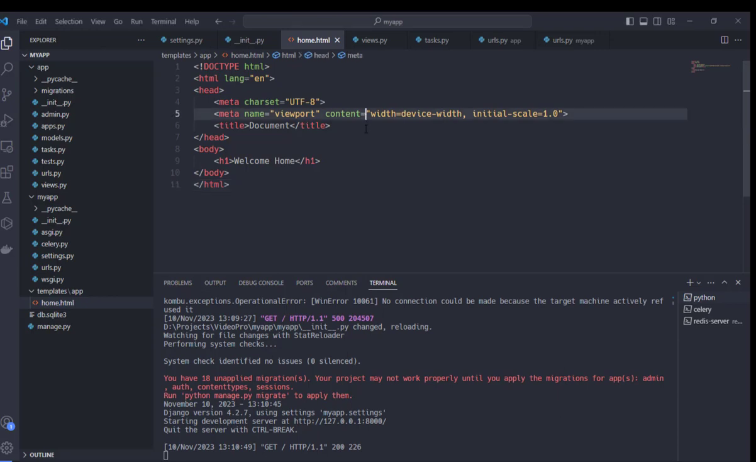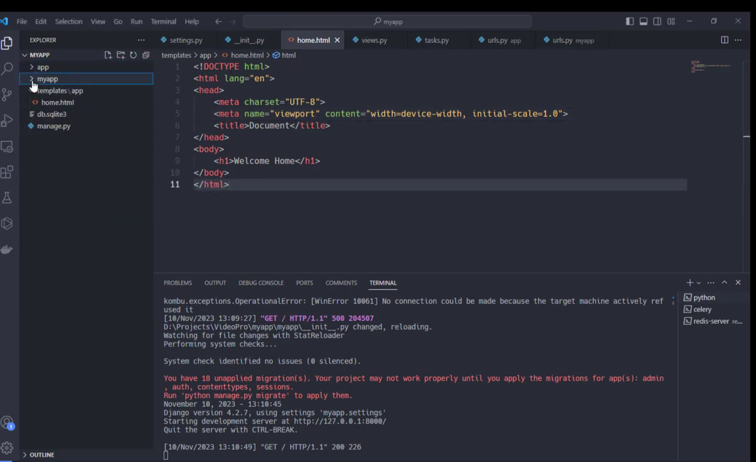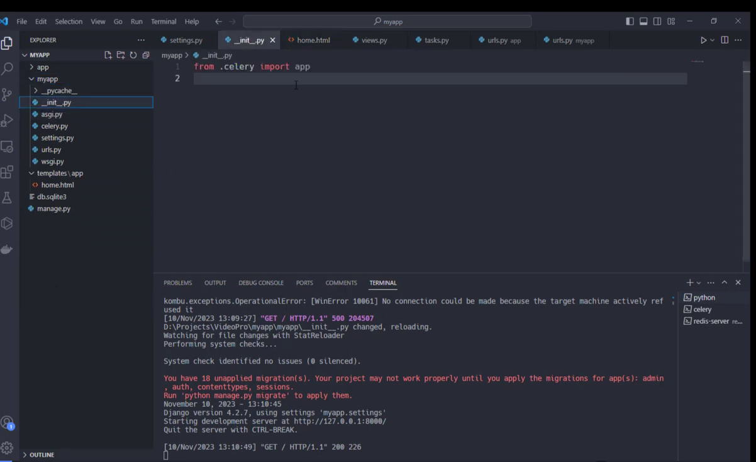What you have to do is, in this my app there is a file called the init file. We have to import this and add this line of code. We have to insert the Celery app in here so that it can be consumed inside the application. So now if I stop this,